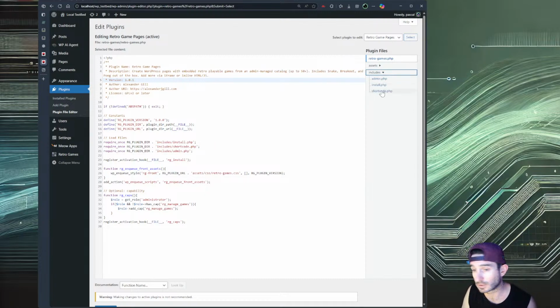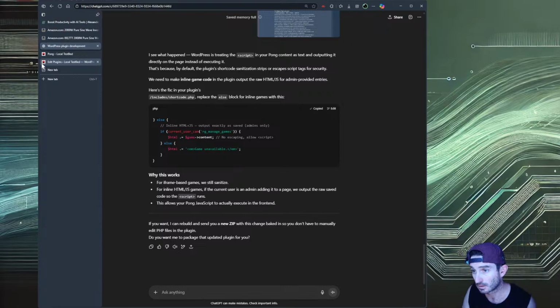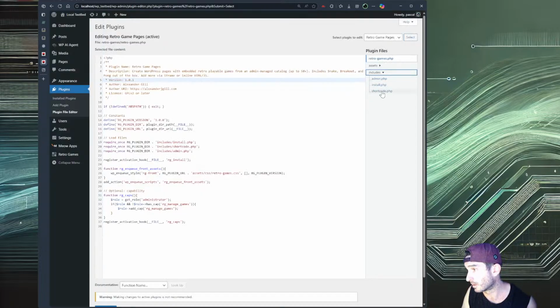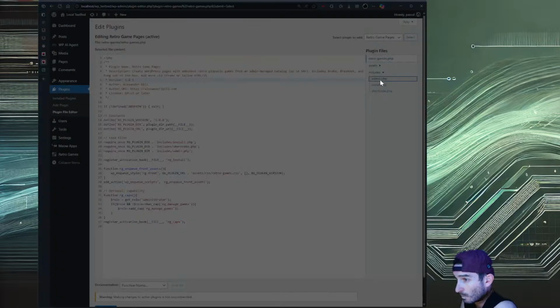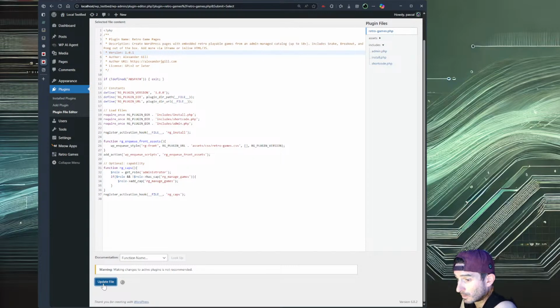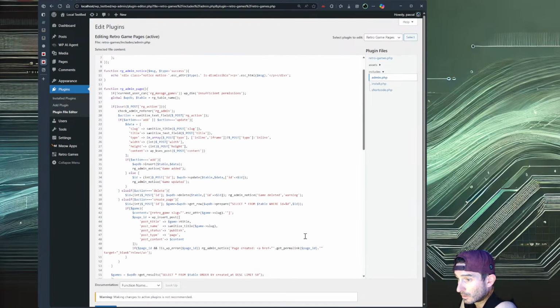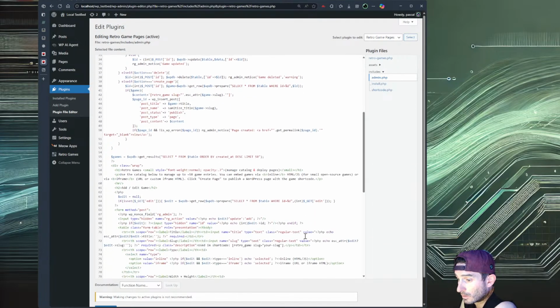So it includes, where did it want me to put it? Includes short quote. Replace the else block for inline games with this. Where is the else block for inline games? Oh, sorry. Update. Where was it?